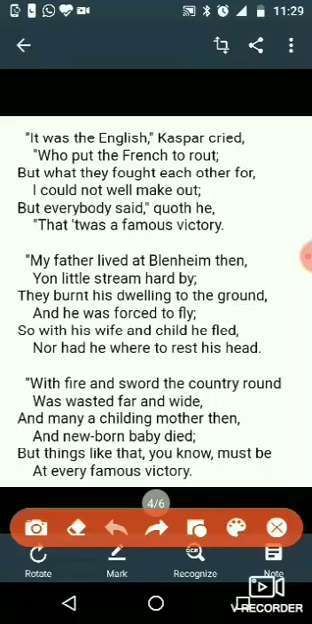Now, my father lived at Blenheim, yon little stream hard by. They burnt his dwelling to the ground, and he was forced to fly. So with his wife and child he fled, nor had he where to rest his head. Now further,